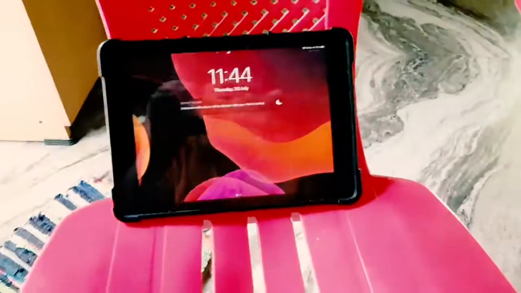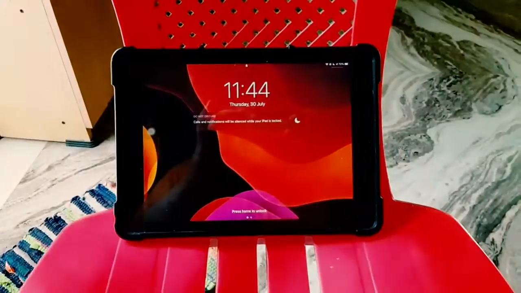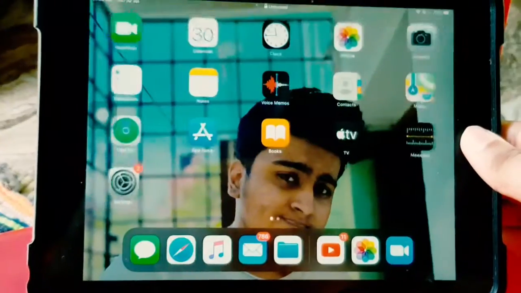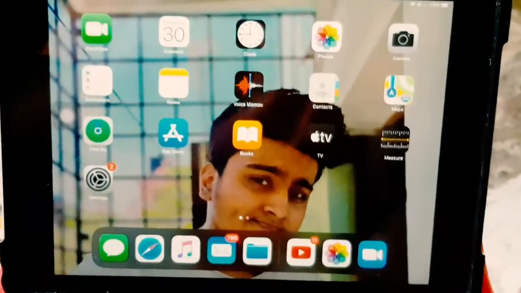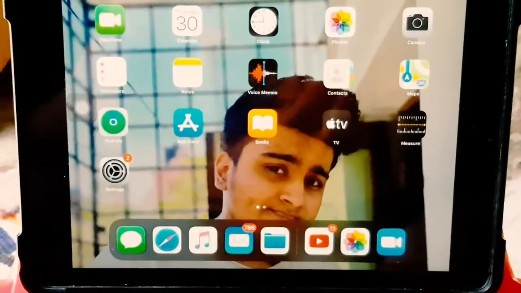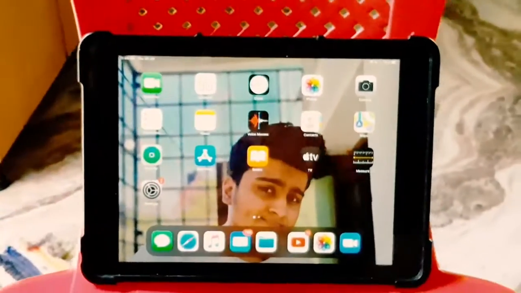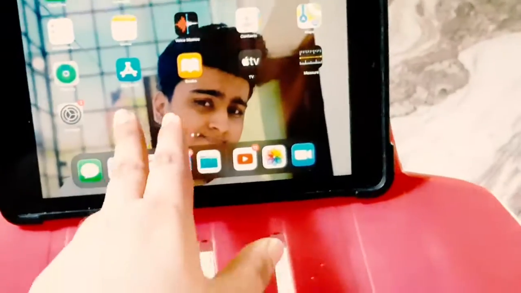So let's go. First, let's test the hardware out. Let's see if there are any improvements in the hardware with this brand new software update. Okay, let's check it out. The Touch ID is the same as before, but it has a quick and fast response. And let's check the App Store to see if any changes are there. It's quite the same, but the first important feature I really liked about iPadOS 14 is that it offers a very